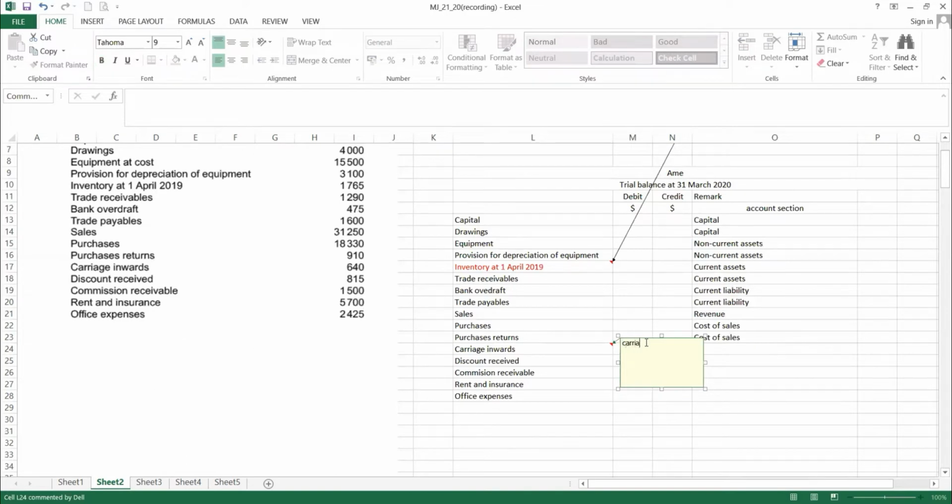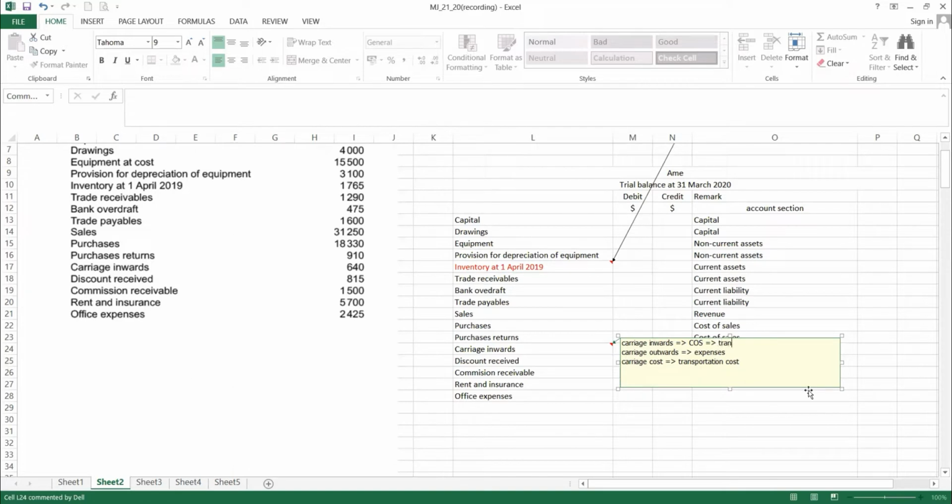Okay, carriage inward. This one is under cost of sales. Okay, cost of sales. Okay, carriage outward under expenses. Both also carriage cost, actually a transportation cost. Both also transportation costs, but one is under cost of sales, one is under expenses, because this is